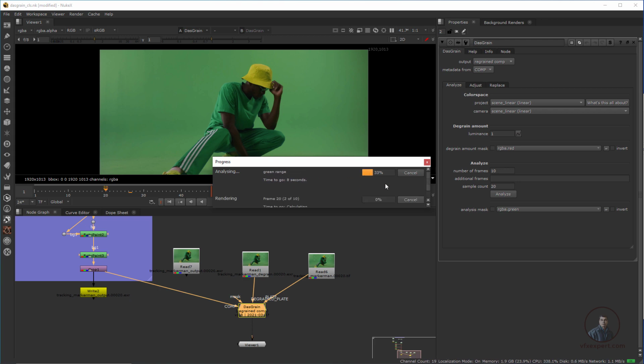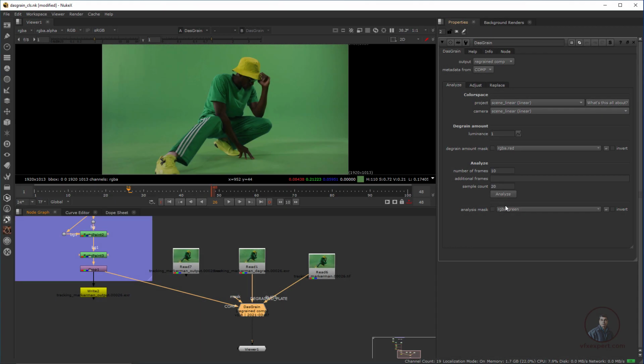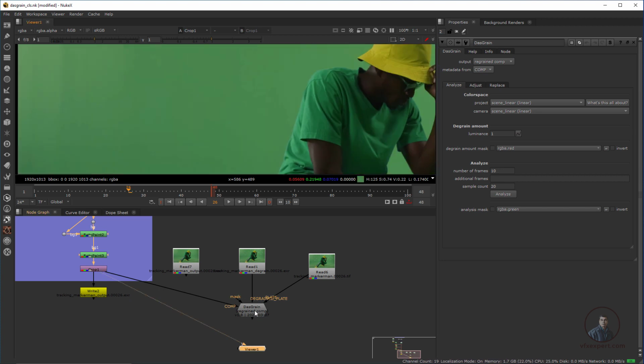And now here you can see this process. It will take a little bit of time. So now the process has completed. Now we just have to compare. So this is actually our cleanup work. Select this one, press 1, and the dust grain output we just have to select and press 2. So easily we can compare.